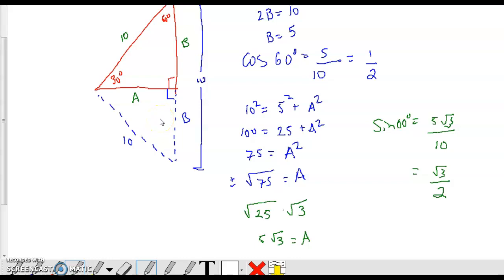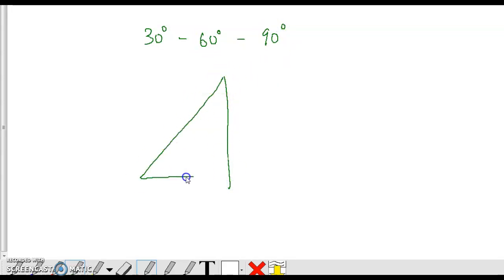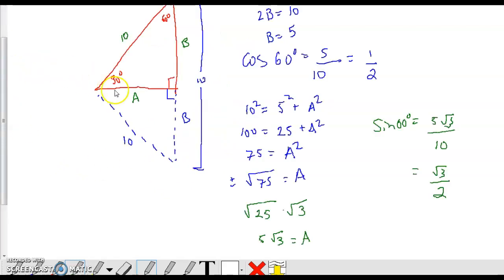Okay, so we have a generic way that we can write our 30-60-90 degree triangles. Sorry, 30-60 triangles. So this is our generic way. Let me erase that part right there. So again, we have to know 60, 30. So off of what we started to notice, your B value was always across